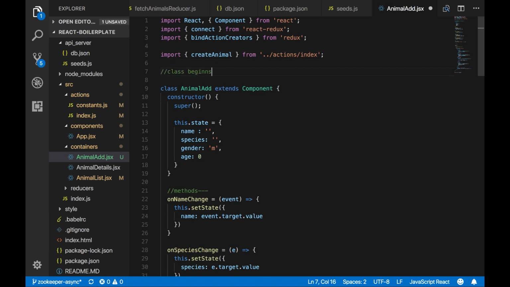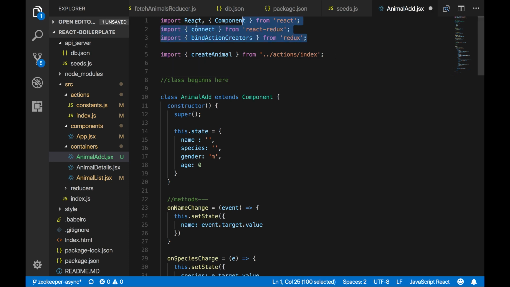The class begins here. So these are our imports. This is what comes from the npm packages to make React work. We are importing React, we are importing connect from React Redux, and we are also importing the bindActionCreators method from Redux. Also, we are importing our own written createAnimal